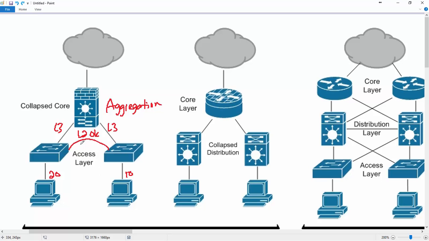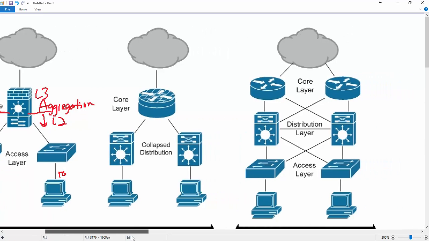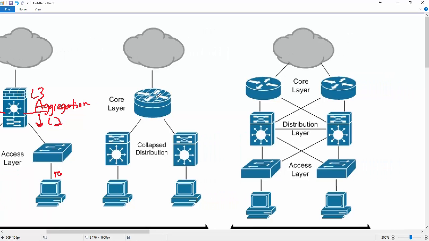If you need to get connectivity, however, in this design here, we are layer 2 from here down. This is layer 2, this is layer 2, this is layer 3. So that's going to be a key indication here. So we're routing in between the access layer switches to get VLAN 20 to be able to talk to VLAN 10. And that is a very big deal. This is what they call collapsed core. Now, you could also take a look at it from this collapsed core over here. This collapsed core is a router that, and you've got collapsed layer, core layer, and then we have the collapsed